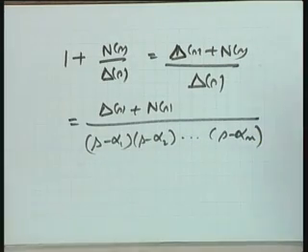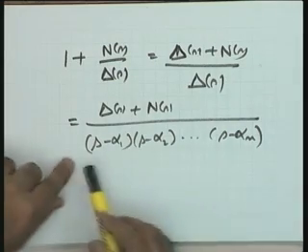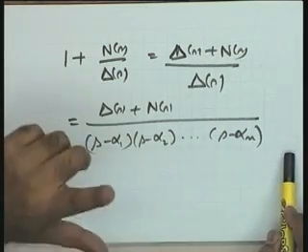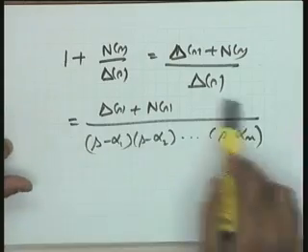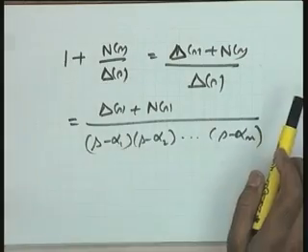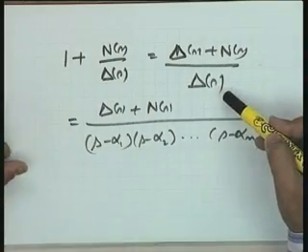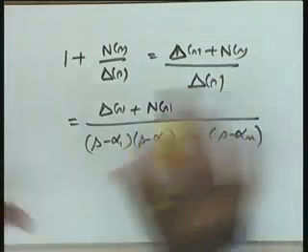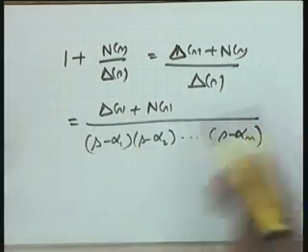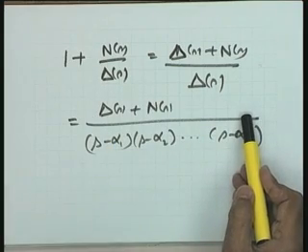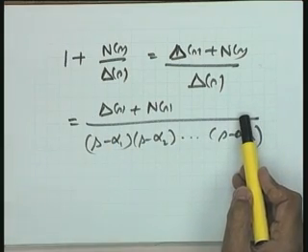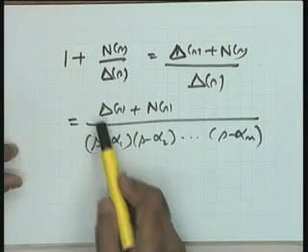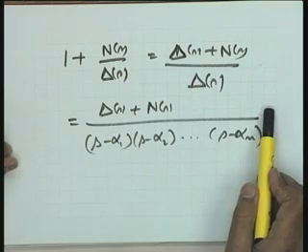What is the order of the numerator polynomial? I should be able to get the answer from you. I repeat my question, the denominator is known to you, it is in nth order. The numerator is not known to you in terms of factored form, though ns and del s are separately known to you, but delta s plus ns in factored form are not known to you, because this is nothing but the characteristic equation of the system which you want to investigate. So, my question was to you, what is the order of the numerator roots?